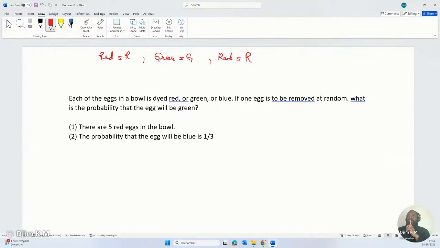And it says there are 5 red eggs in the bowl. So the probability to remove at random a green egg will actually be